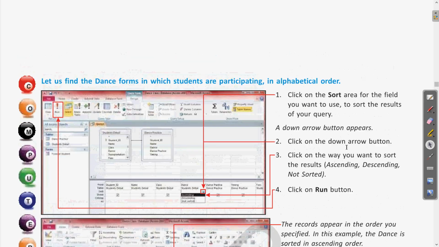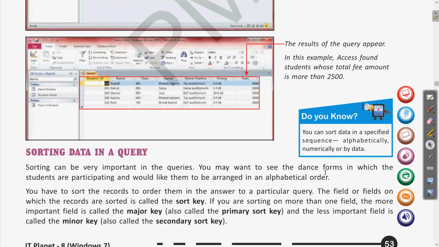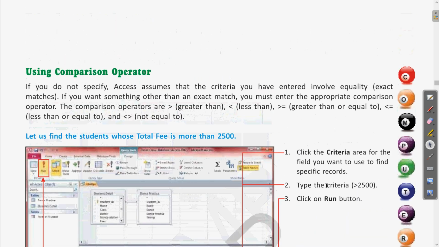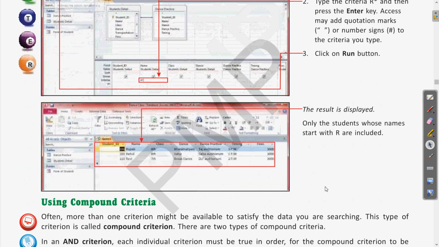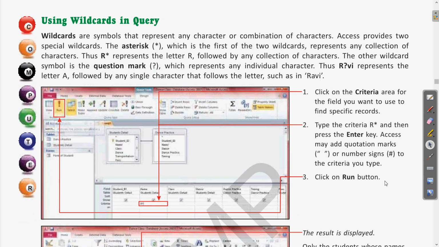In the previous topics, we have seen how to use the different wildcards in the query. The wildcards are the asterisk and the question mark. If we are using the criteria for a combination of characters, that is the asterisk. If you are using a wildcard for a single letter or a single character, we use the question mark.